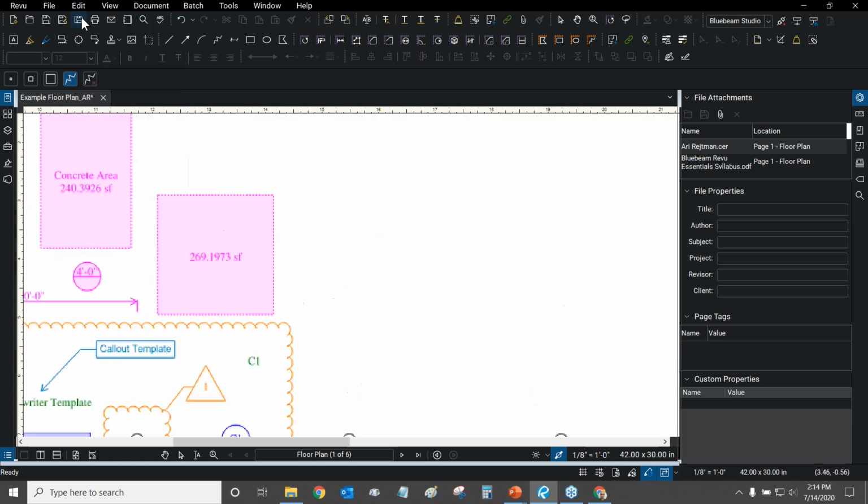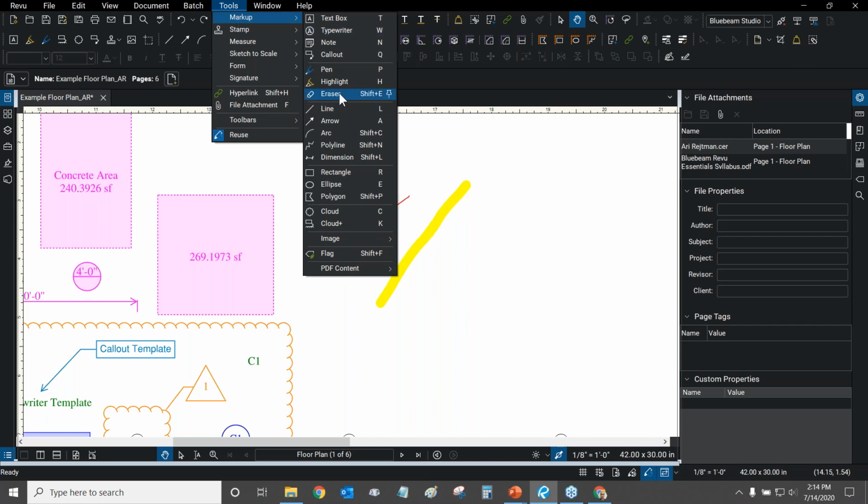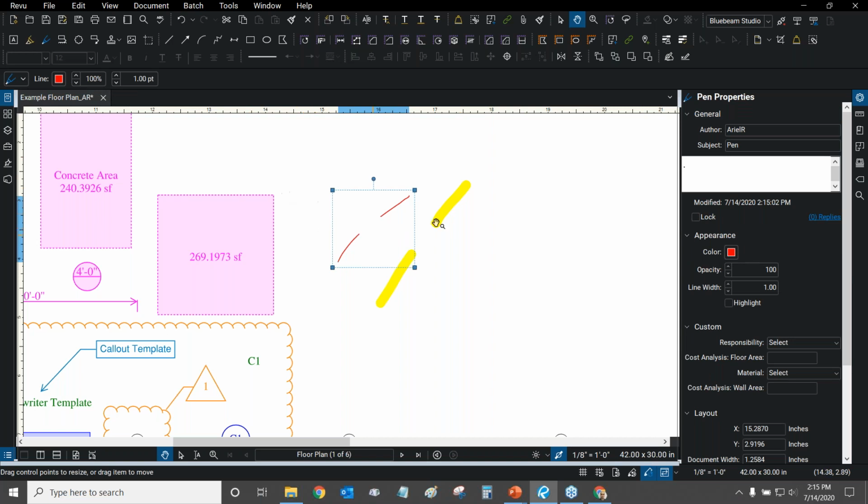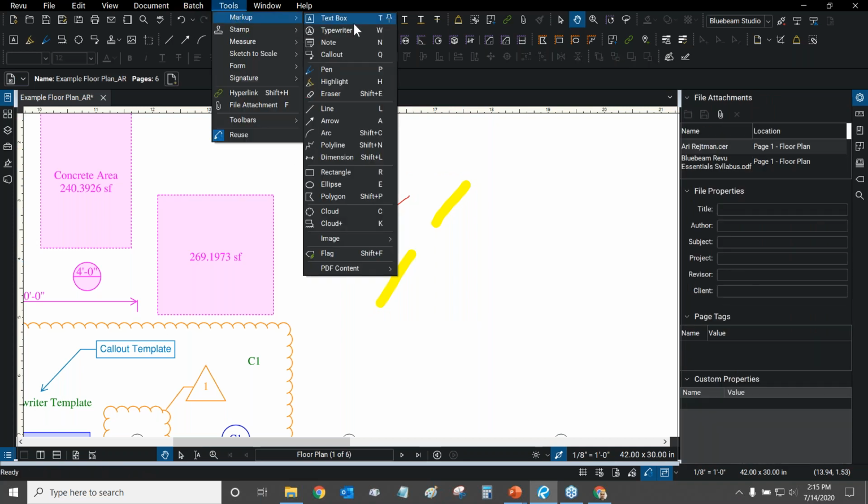You can actually change how that works by looking at the eraser tool, and you can see that there are different eraser options. Let me get out of it and show it to you. If I click on eraser, you'll see what happens in this line right here. Markup, eraser. Now I can change it from this stroke eraser to a large, medium, or small one. When I change it to the large one, I can erase part of the markup just like this. So you can change your eraser so that you can modify certain markups. The markup is still one markup, even though it seems like I've split it in half. Your markups can maintain themselves even if you modify them with that eraser tool. So it can be quite useful.